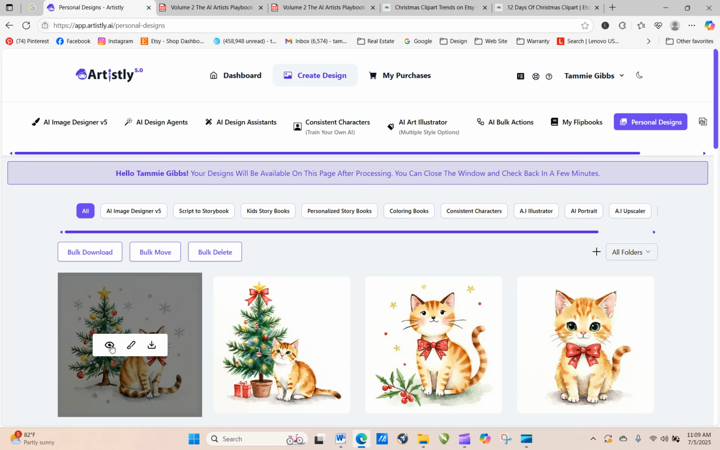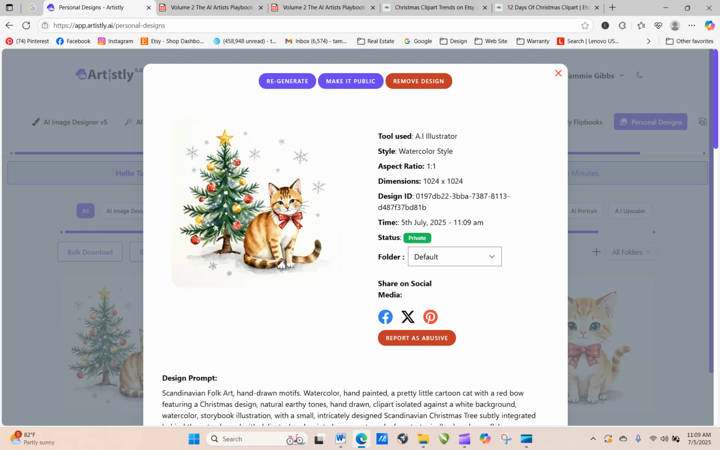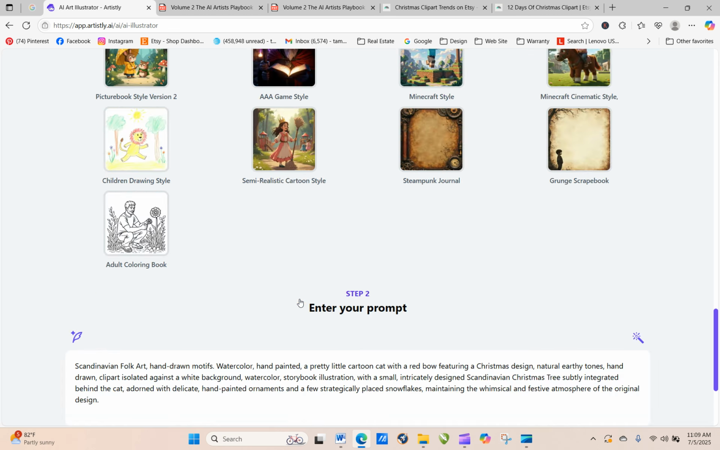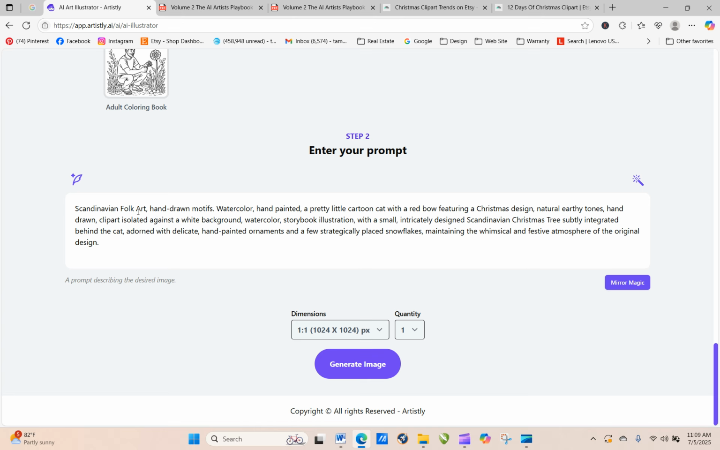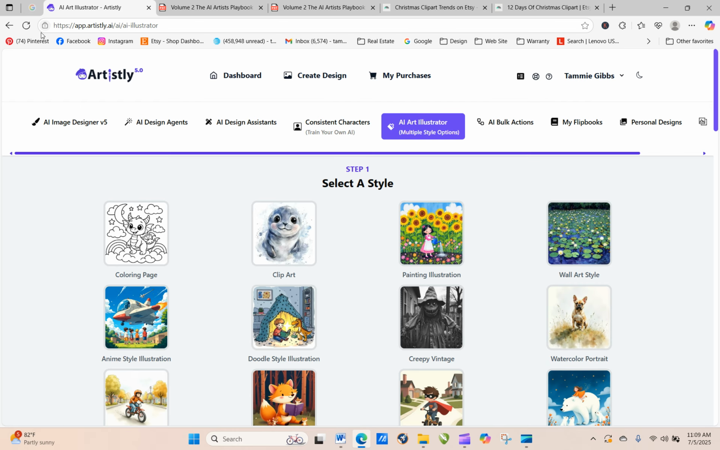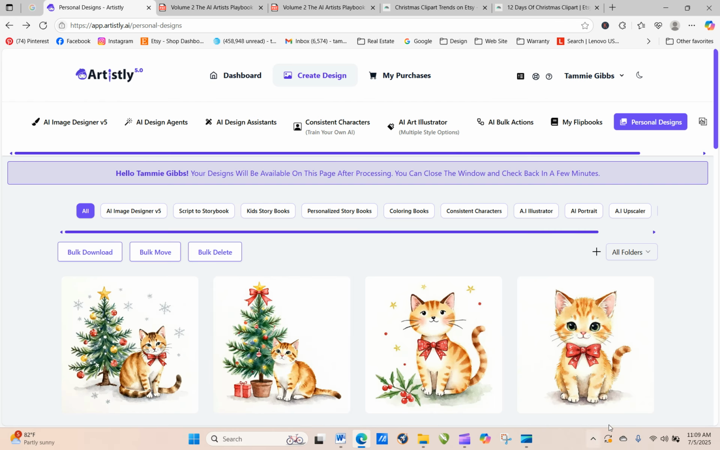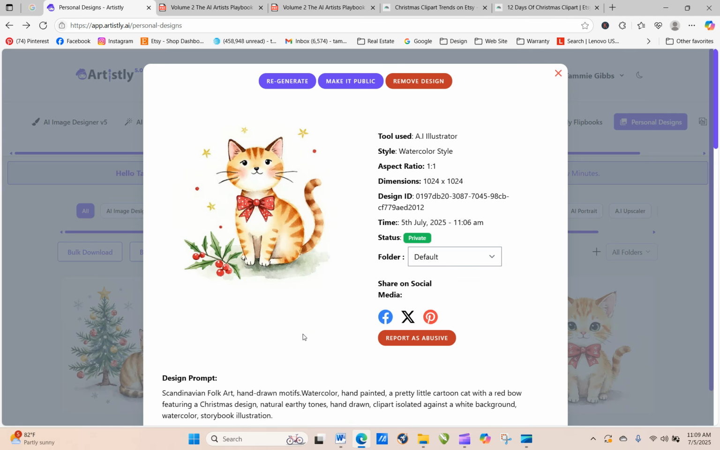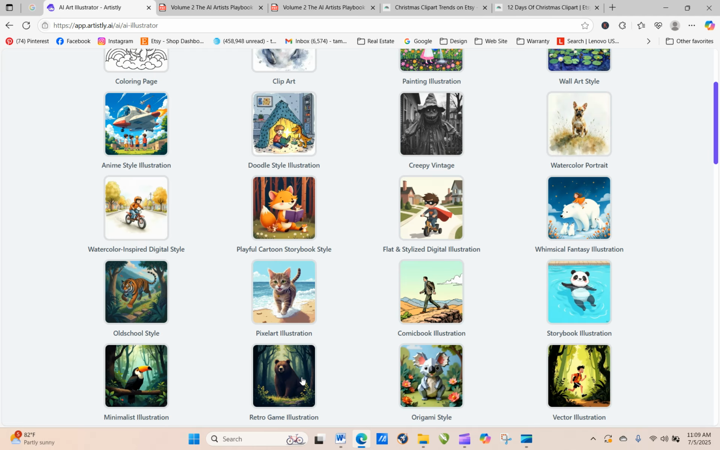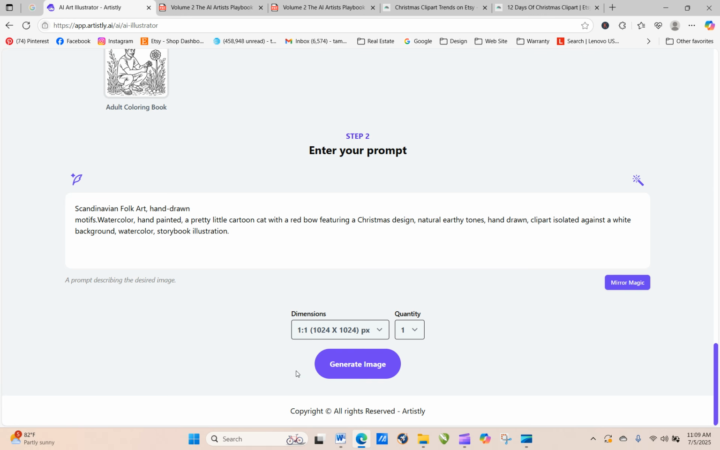Okay. So our cat is still not the way we wanted it to be. So let's go back and look at what it changed and see if we can tweak it. Okay, so Scandinavian folk art, hand drawn. Okay, this changed up our whole thing a little too much. So let's go back to this cat. Let's regenerate it manually again